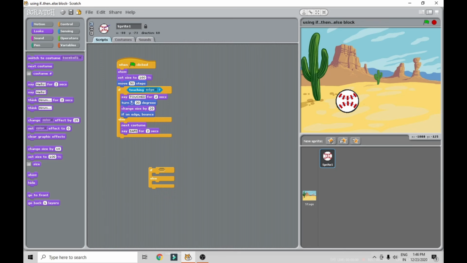So it will check the condition, both true and false. Now just click on this green color flag. Now see here, how many steps it moved, 100 steps, then again it will check the conditions. Okay, this is nothing but the if then else block. Next, what do you mean by looping?